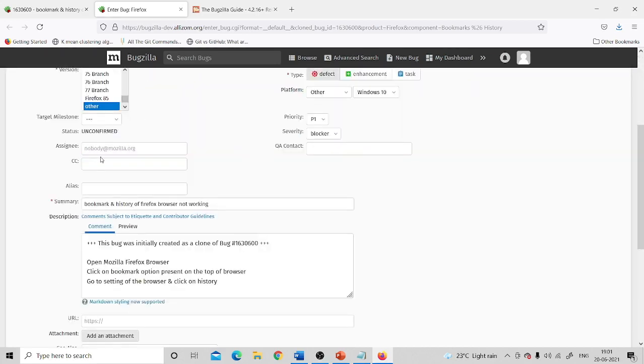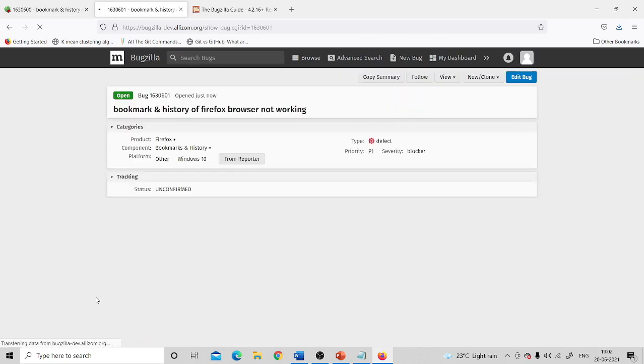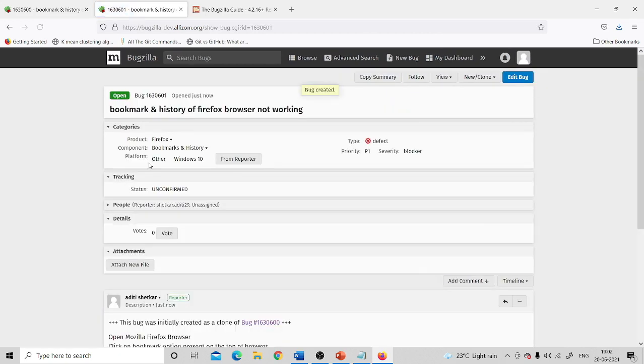Okay, so here you can give, again, the assignee email ID to whom you want to send, and then you can submit the bug. So the copy of the original bug is submitted. You have not created any new bug. The same bug copy is submitted. You can see over here, the bug created message came and the bug ID is 1630601 now.